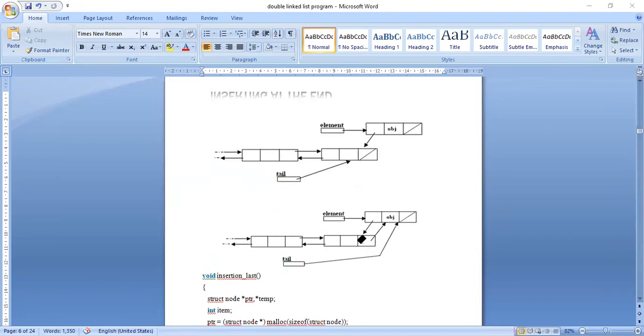See, this is the last node in the linked list. In the next part, initially it was null. Now I am keeping the value of this obj node that was created. At the same time, in the previous part of this obj node, I am keeping the address of the previous last node. And I am keeping the null value in the next part of the obj node that was created. So 3 steps I have to do.